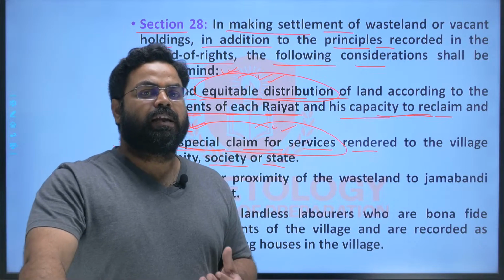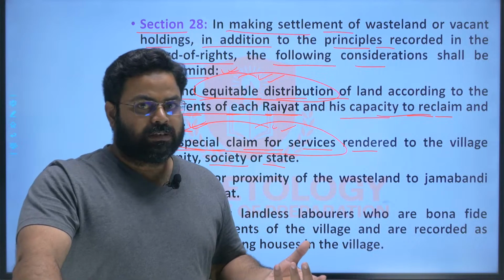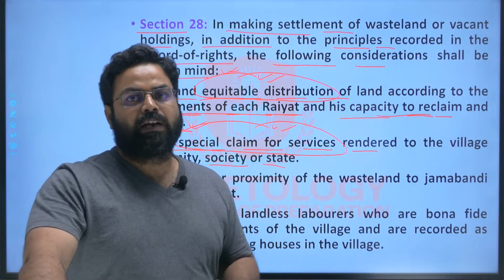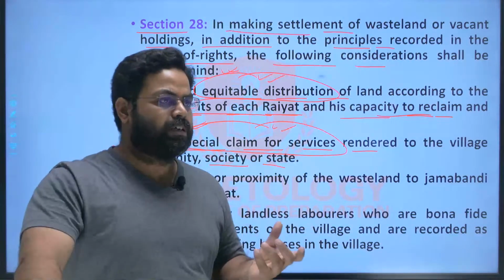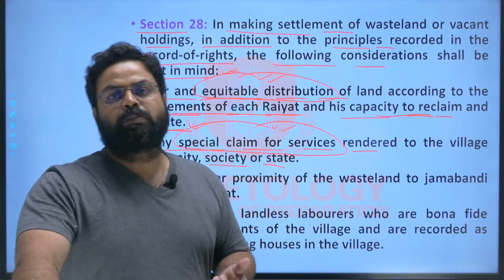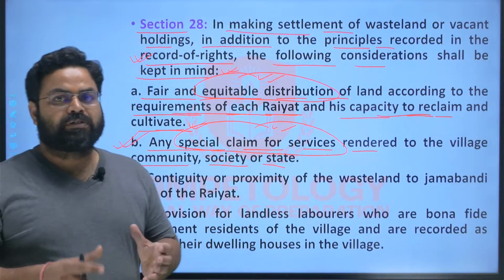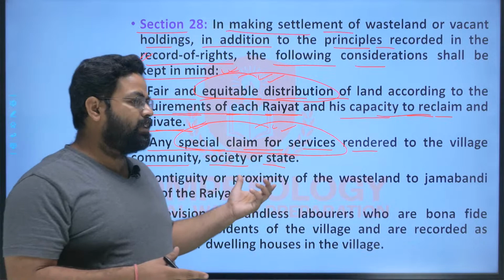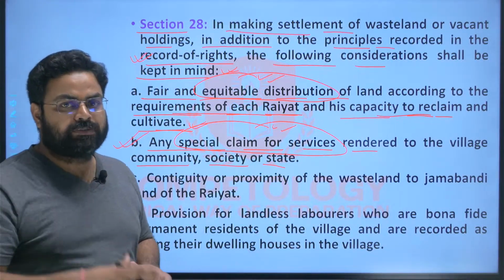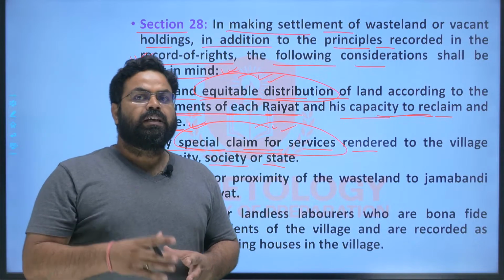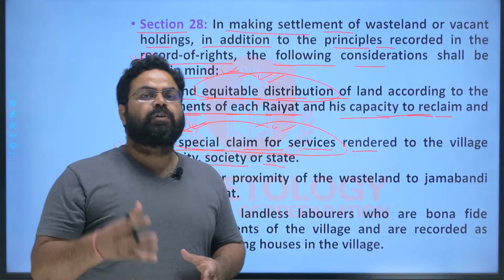That whether this land is required for grazing land, for the samsan ghat or such kind of burial land or the cremation land. So all these kind of special services, Jahir Than or the place of worship, these should be considered first. So if there is requirement of land for such special purposes, then that wasteland or vacant land should be allocated for these purposes, rather than it is being allocated to any rayat for cultivation